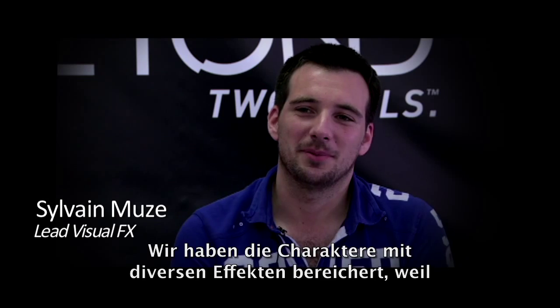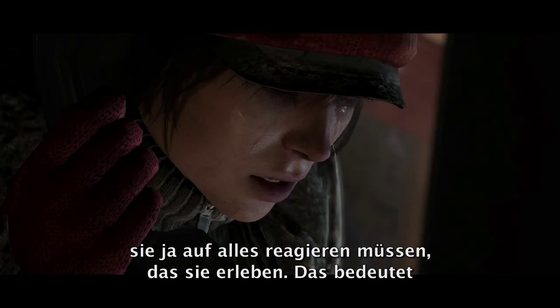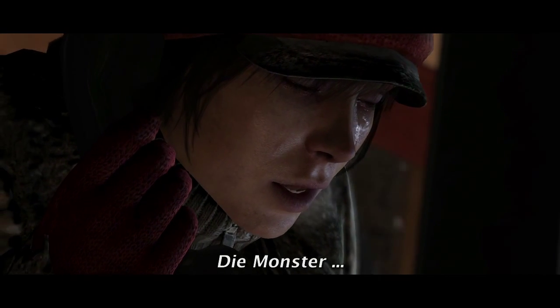We produced various effects on characters because they needed to react to all the things they go through. It means underlining their sadness with believable tears when they're in distress,